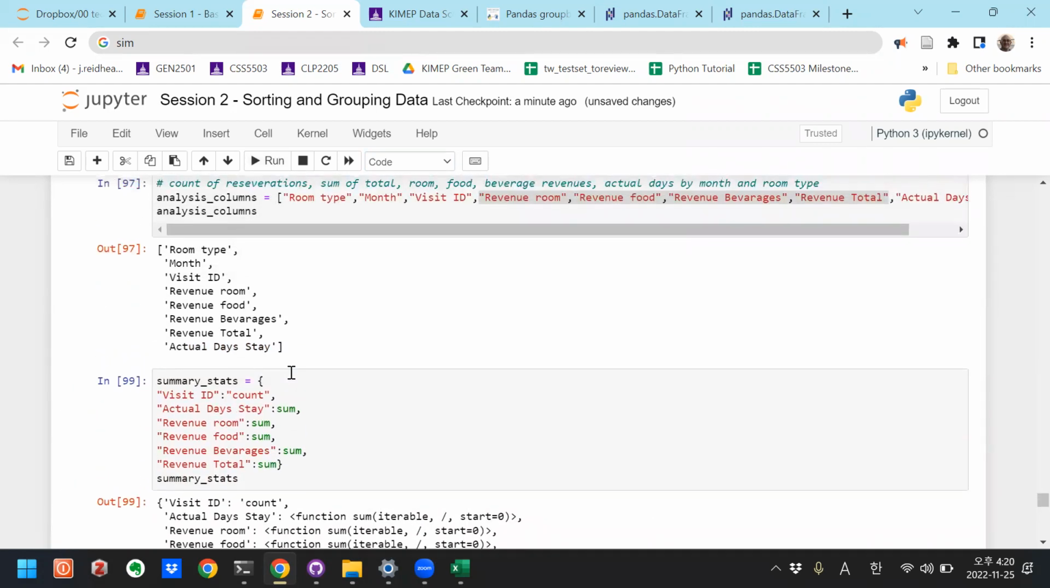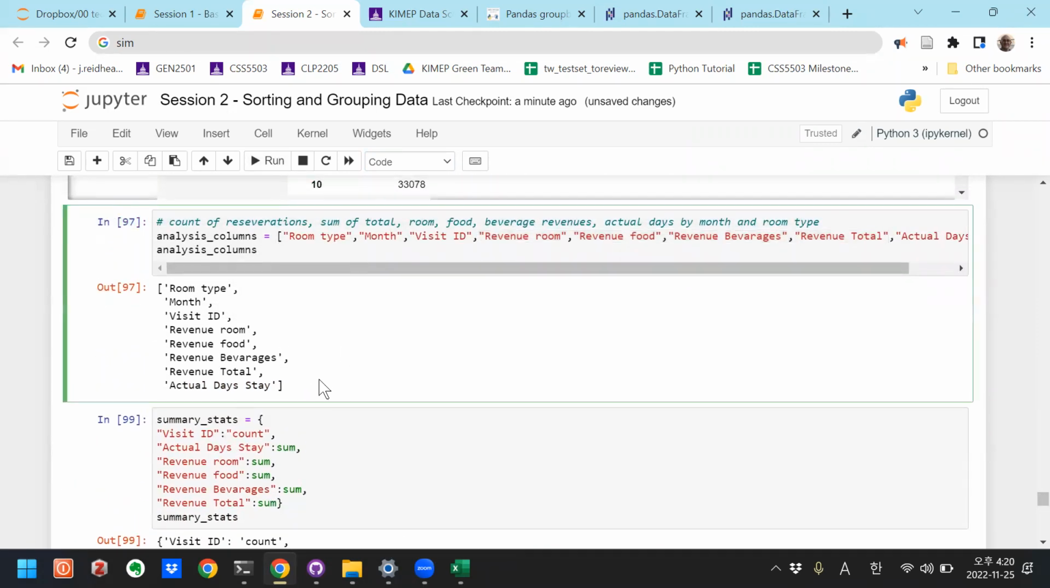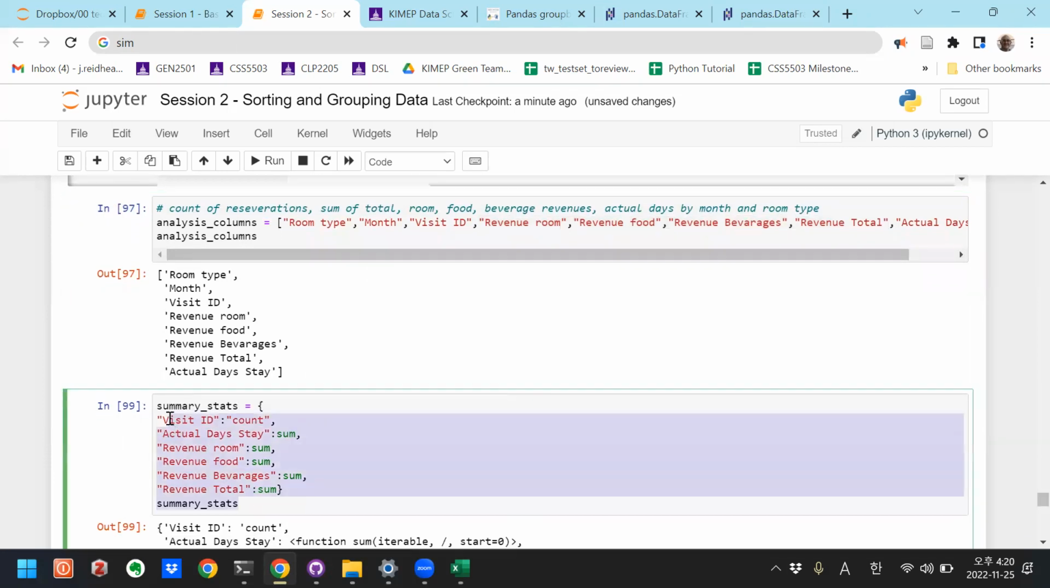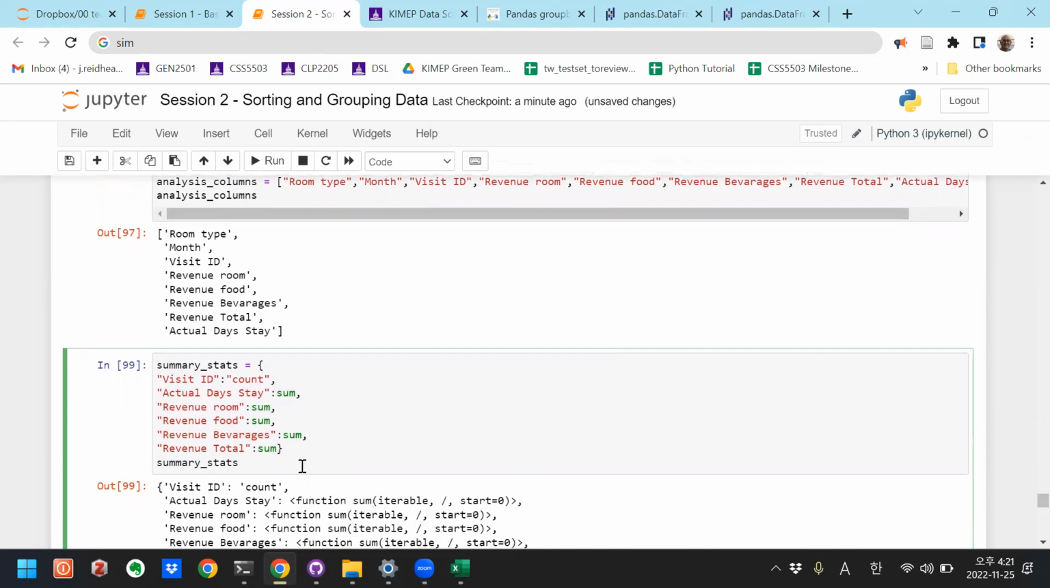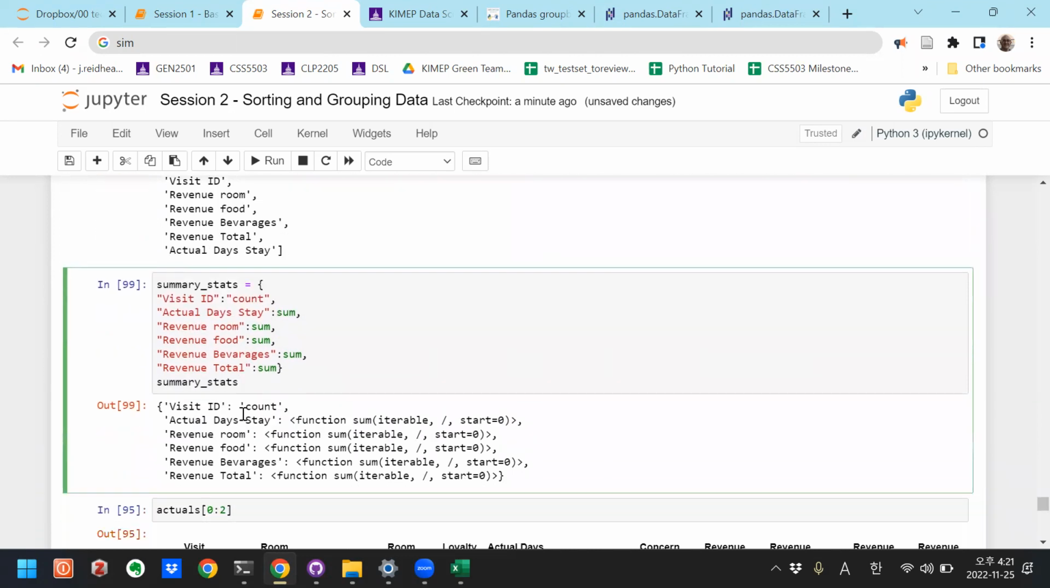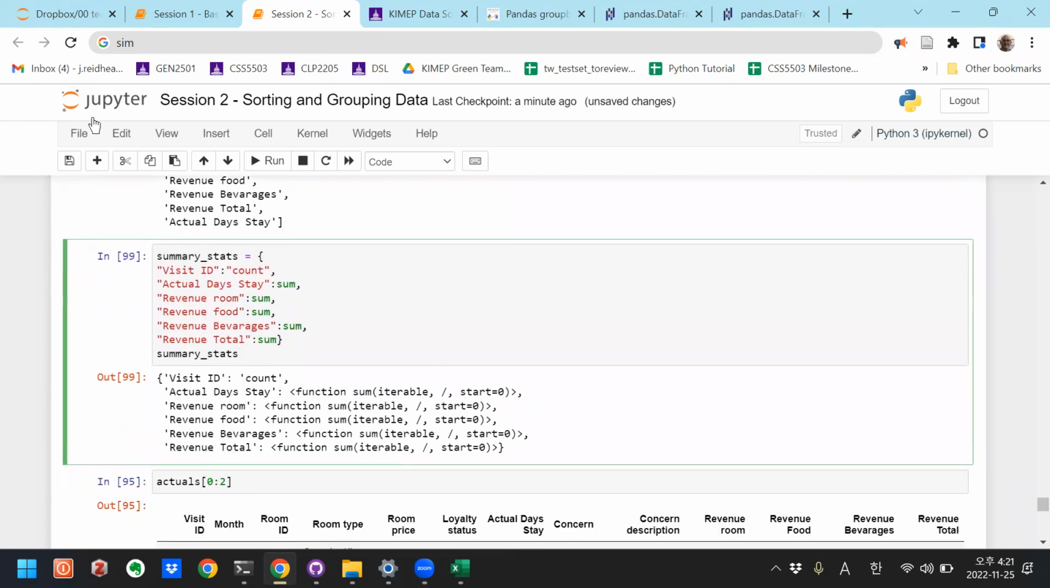Okay. And why am I writing it this way? It's just easier for the human eye to see, right? It's just as a list. So I just kind of write it like that. And so now I have my analysis columns, I have my summary stats,